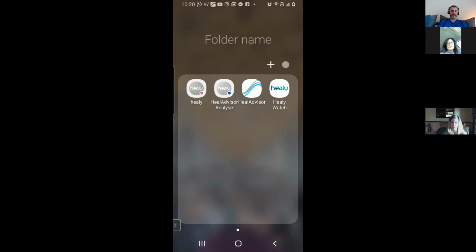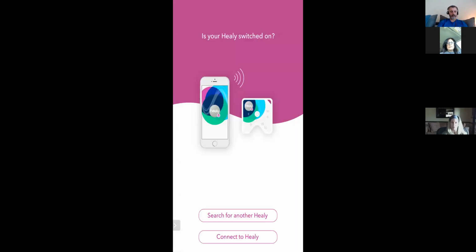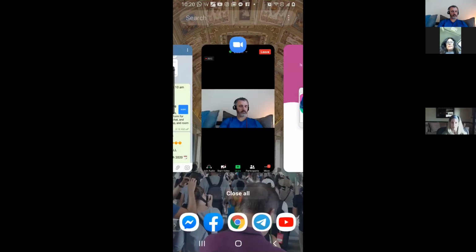But when we pull up the Healy program here, okay, I'm going to make sure it's connected to my device. And hopefully that will connect easily. Connect it again. Actually, let me see. Okay.